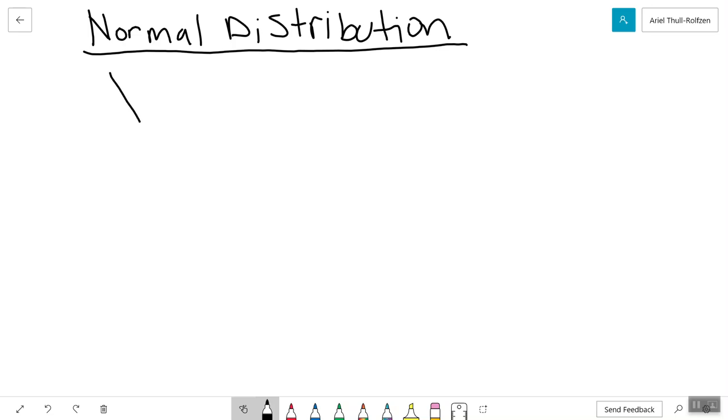We can say X, or we're not going to say X because it's giving it to us as Y in this one. So we're going to say that Y is normally distributed with a mean of 21.1 and a variance, sigma squared, of